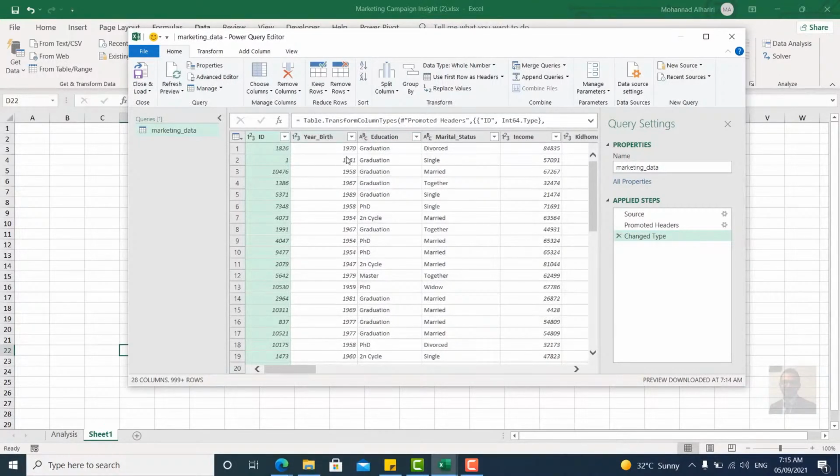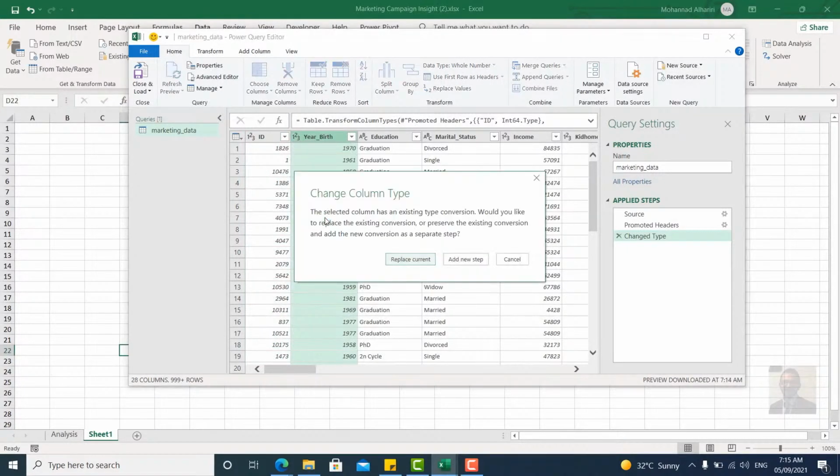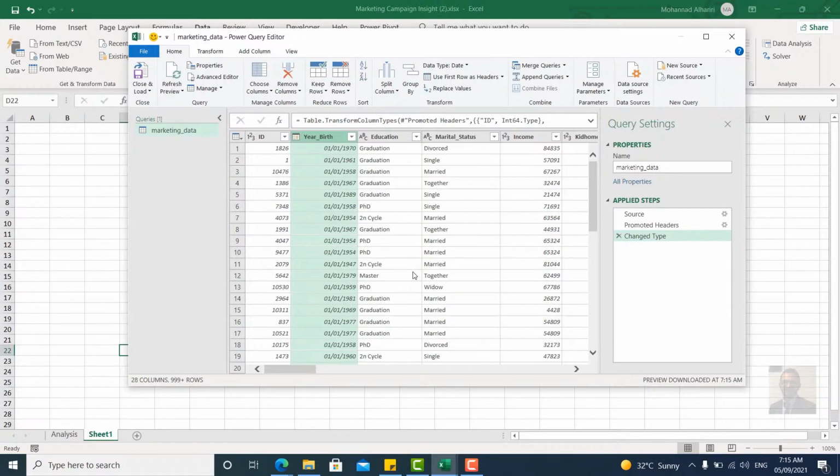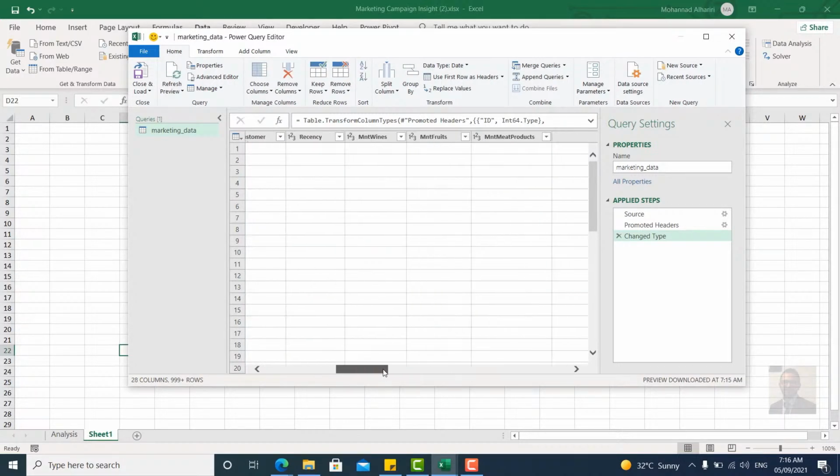And actually, this is year of birth. It's a number here, but it is not a number, it is a date. So you can change it easily by clicking this here and changing it to date, and replace current. As you see it here,